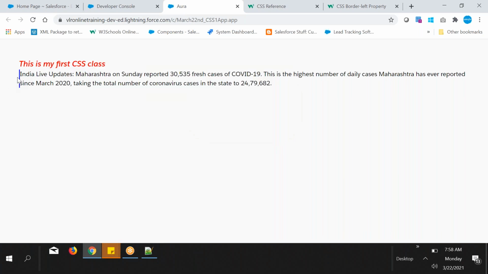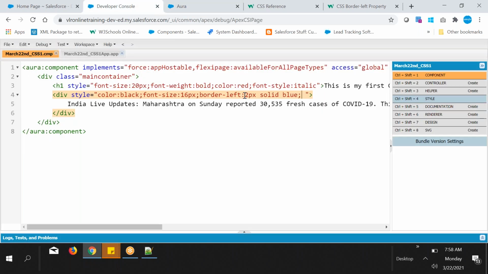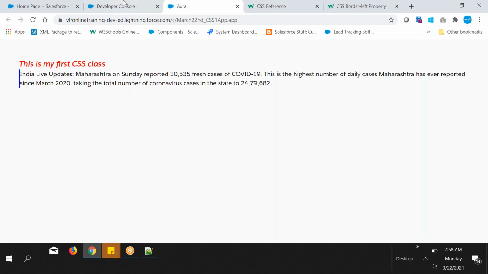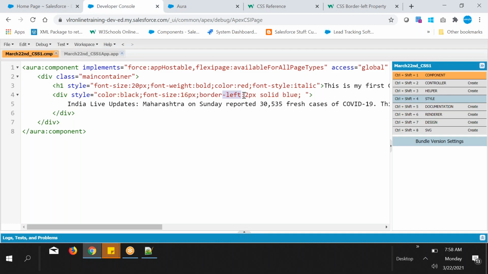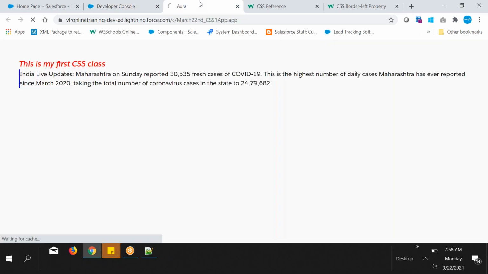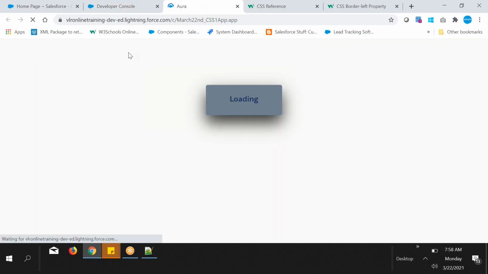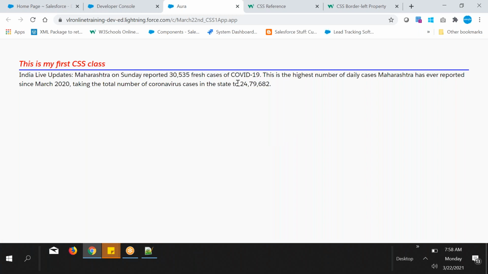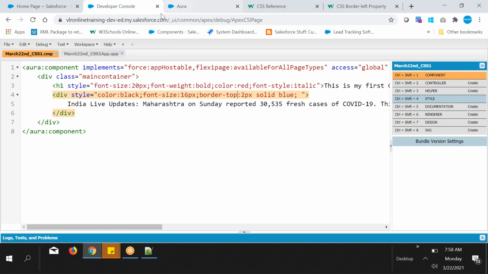Have you seen the left side border? This one. Only the left side. If I give border top, it will apply. Instead of that, if I give border right, that will be applied too. So it will be like this: border top, left, bottom, right. Okay, so you see like this.